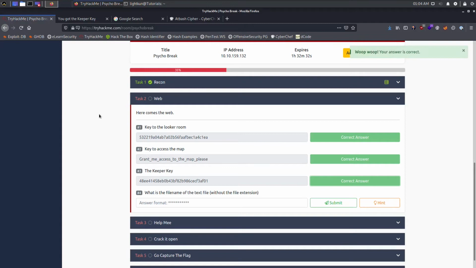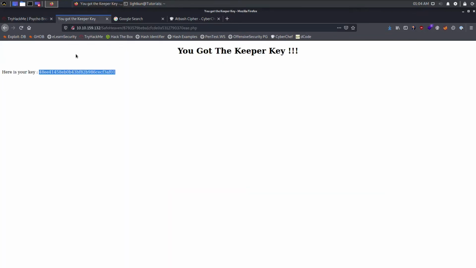And says we got it right. Now what's going to be the next one? What is the file name of the text file without the file extension? Whew, that's a lot. All right, so let's go back to the map